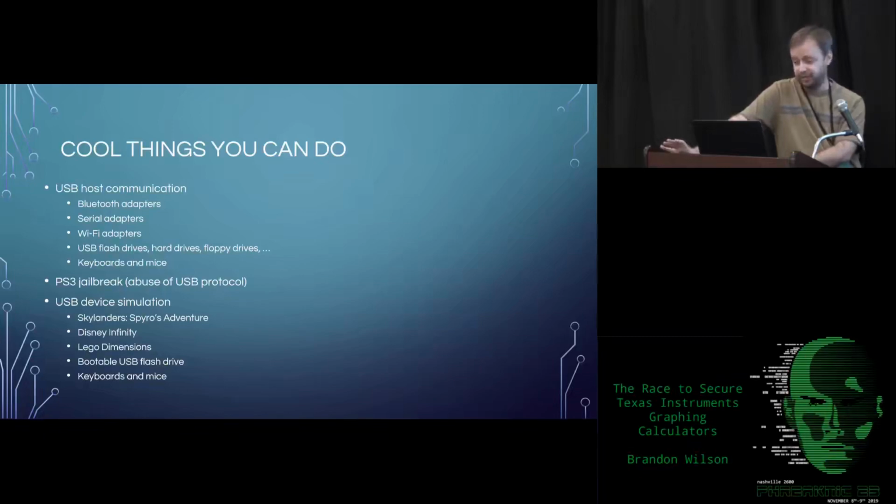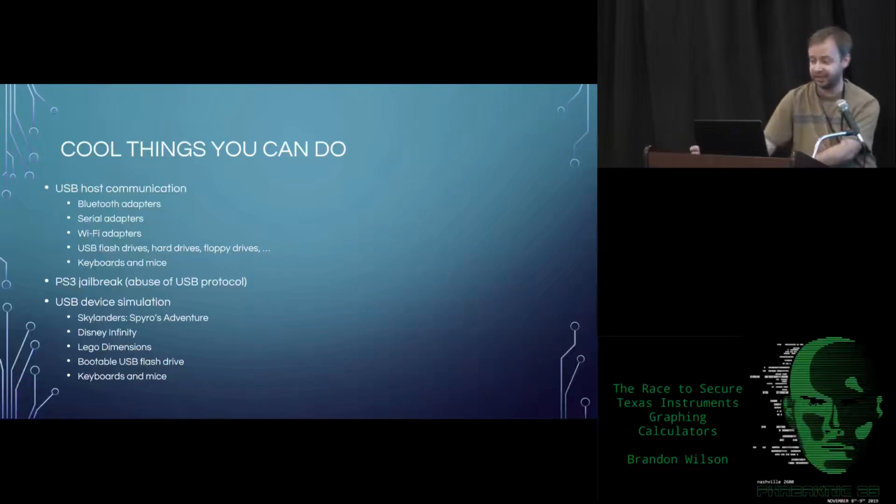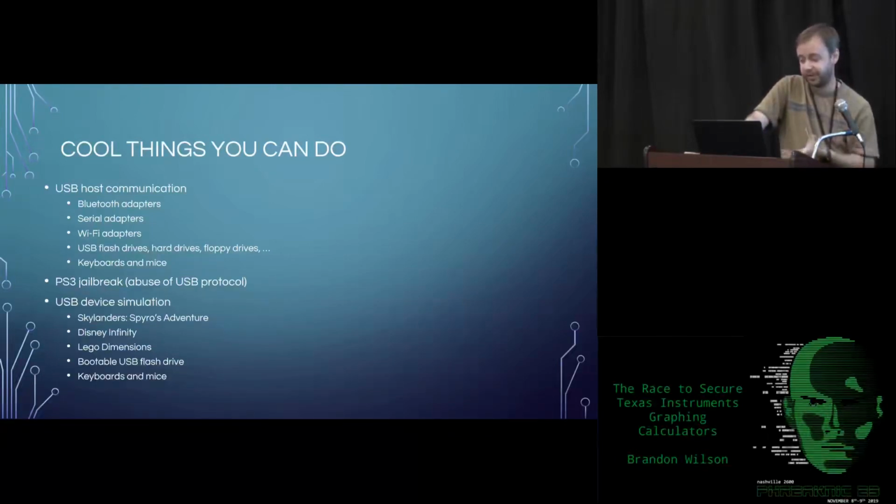So I looked into how it worked and realized that it's basically simulating a USB hub, and it's virtually attaching and detaching devices in a very particular order to trigger a memory corruption exploit. The way it does that is the USB peripheral, like the Teensy, has to be able to pretend to be other USB devices temporarily by changing its own address in software, so that it can pretend to be these virtual devices that it claims are being attached and detached. And that is something that the calculators are able to do. So I implemented it, and like 2 days after that came out, people were able to jailbreak the PS3 using